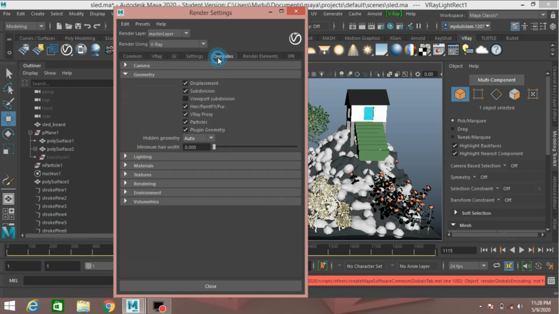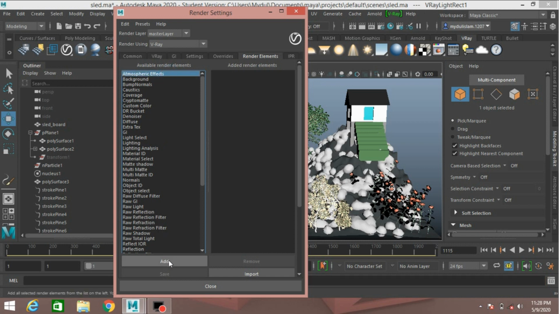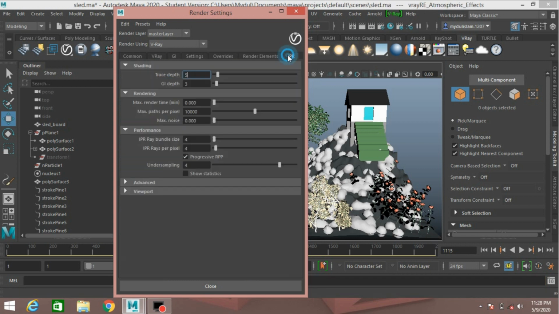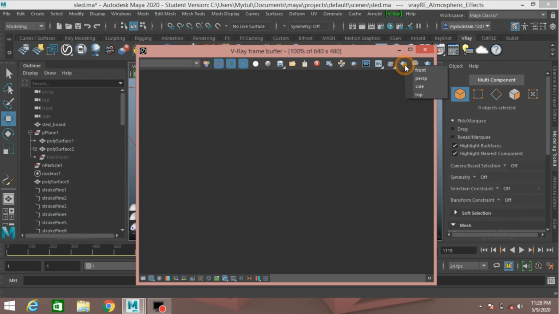Settings, override, render element, atmospheric effect, click add, IPR, click close. Now click here, right click, select perspective and see.